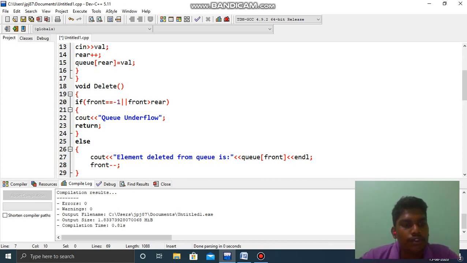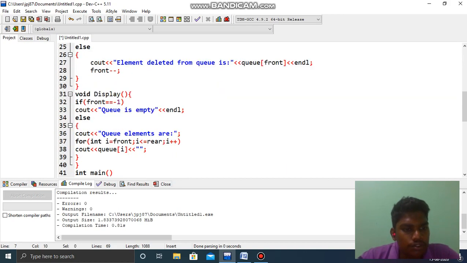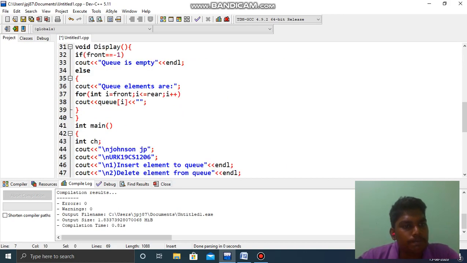If you want to delete anything but the array doesn't contain anything, it cannot do anything because it is called queue underflow. Else, if it contains anything, it will delete the first value. Then display: if front is equal to minus 1, the queue is empty, else it displays the elements which are in the queue.